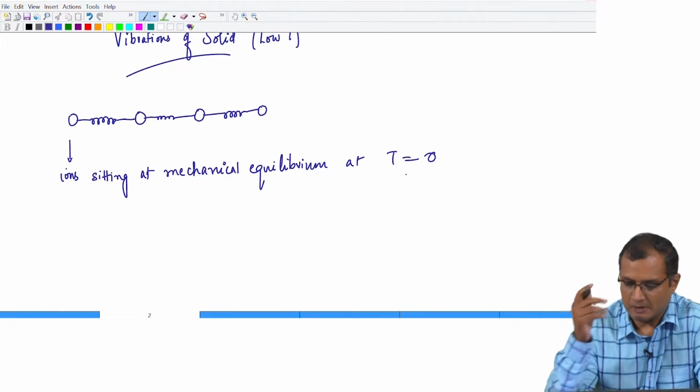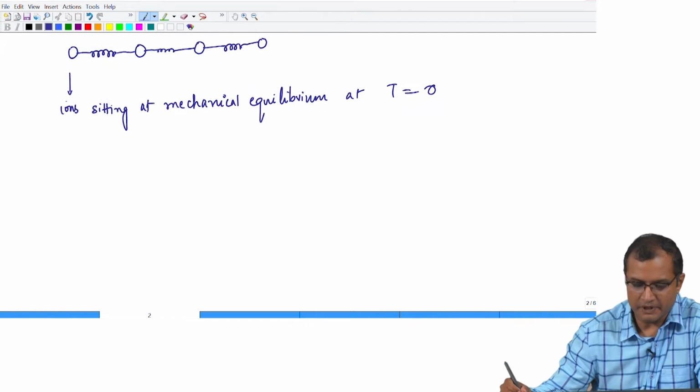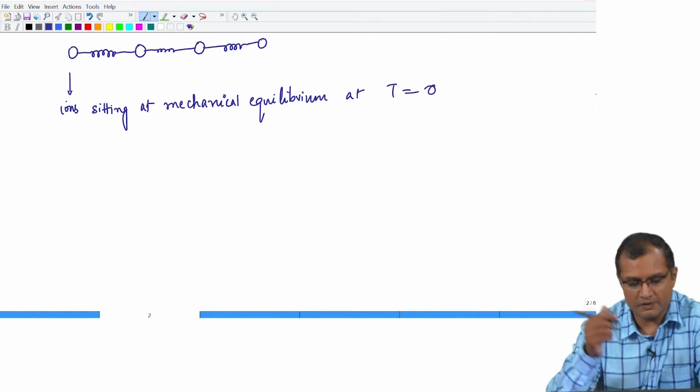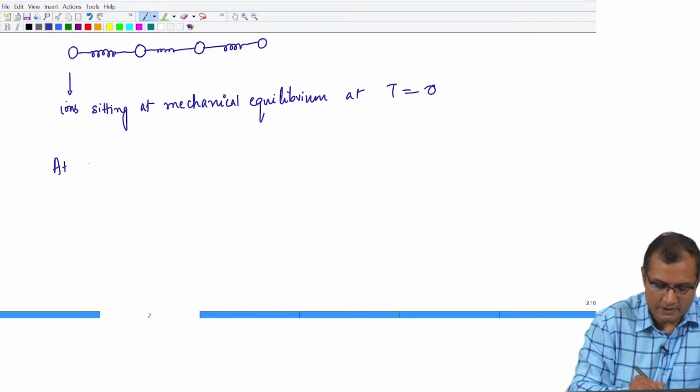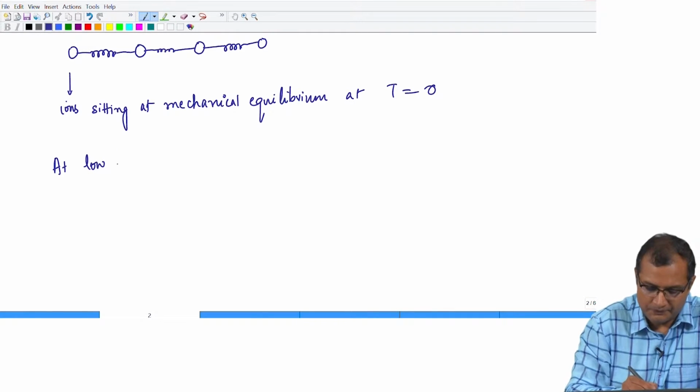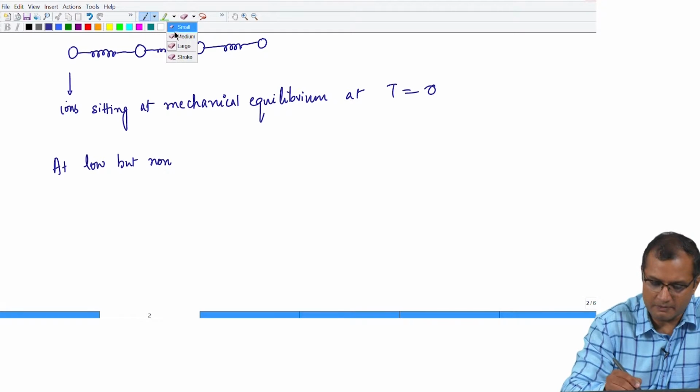Now, suppose I lift the temperature from 0 to some non-zero values. So, at low but non-zero temperatures, I will take some low temperatures,